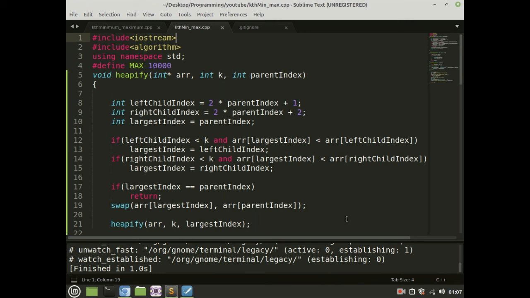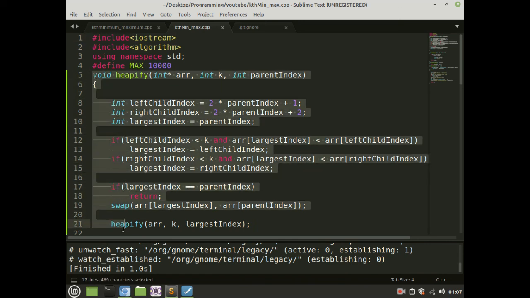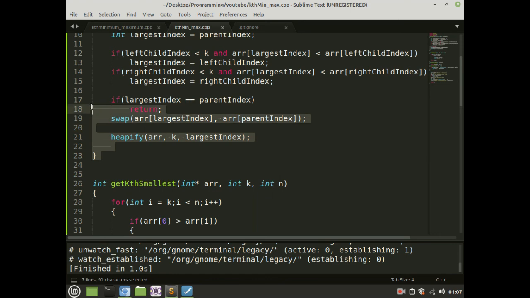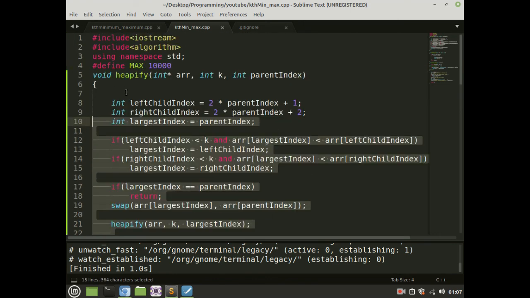Our heapify function so far was converting the heap into a max heap.